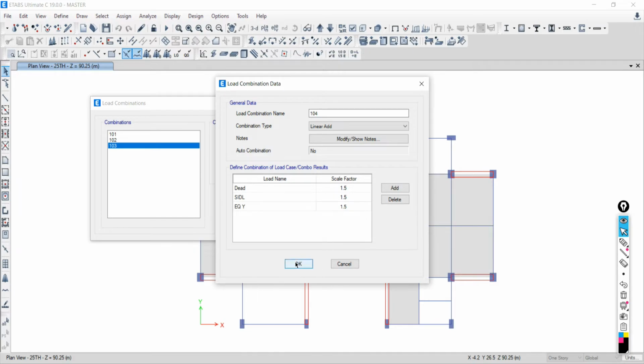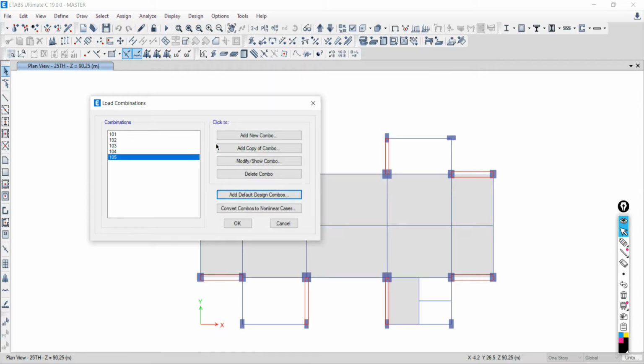Say okay. Add copy of combo, this one will be 105, with the minus sign. Say okay. Is that all clear? So these four, in addition to the first one, five load combinations we have completed.